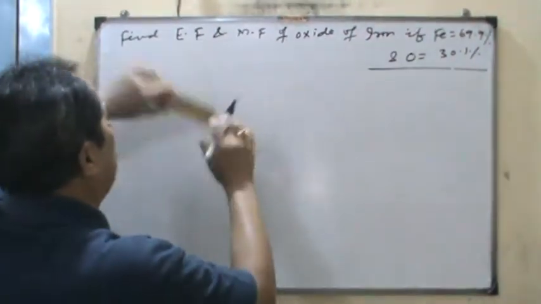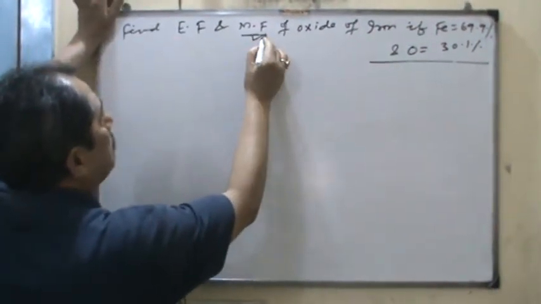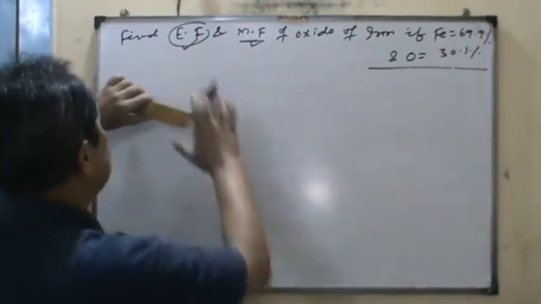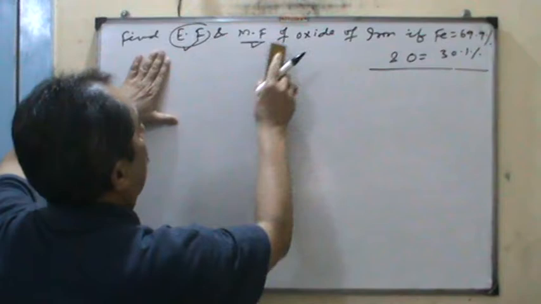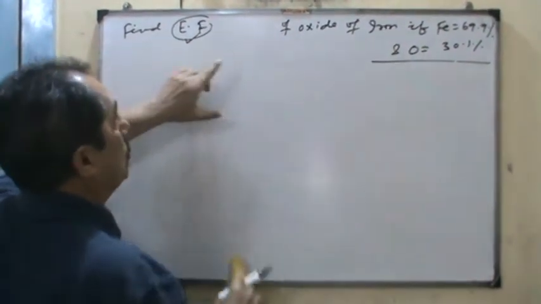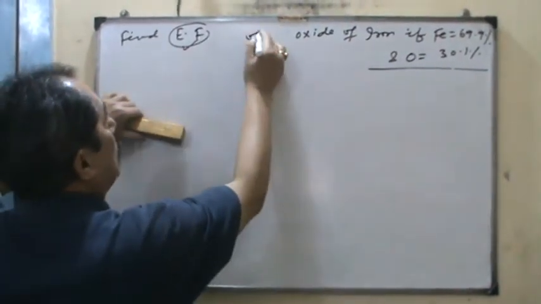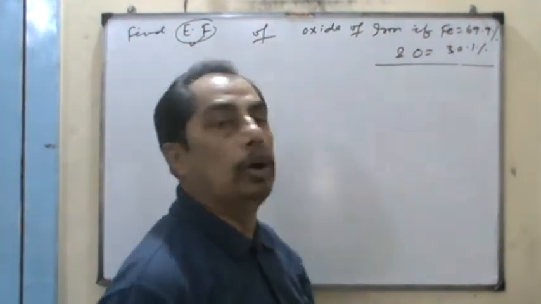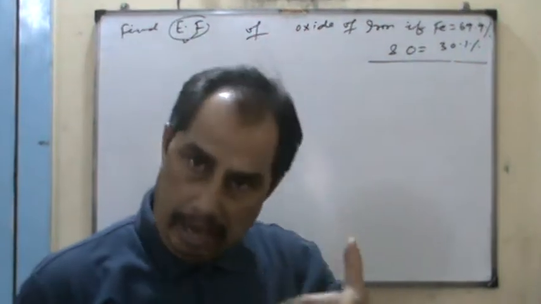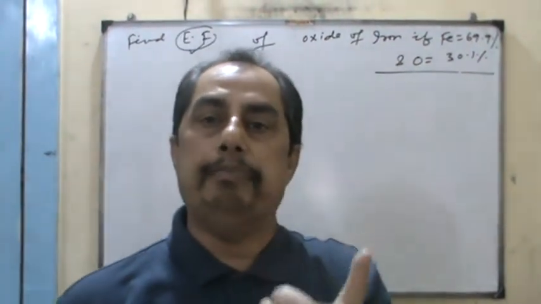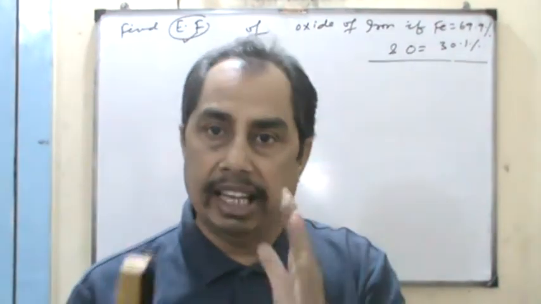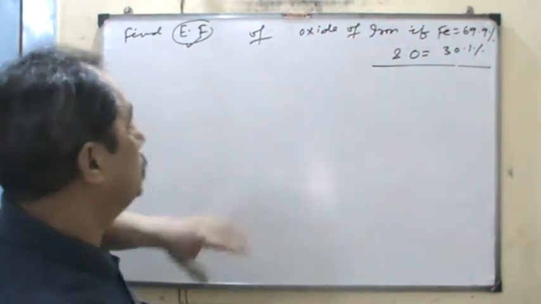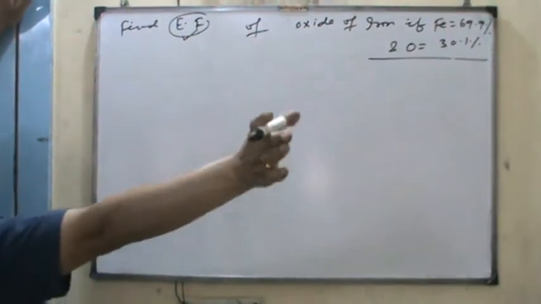But here, if you want to calculate the molecular formula, then you have to calculate first what formula? Empirical formula. Suppose I find the empirical formula of an oxide of iron, where iron is given and oxygen is given. To calculate the empirical and molecular formula, dear students, you have to calculate the empirical formula first. So to get the formula, first of all you have to prepare a table like this: